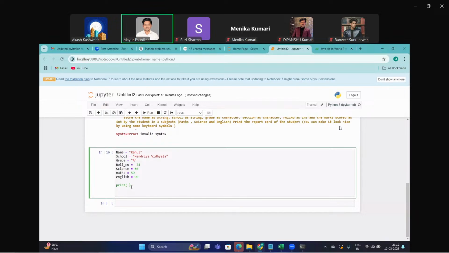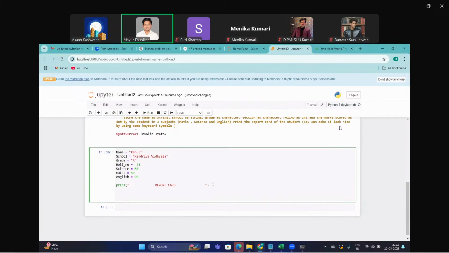I want to give it a header, so how can I do it? I will write the header name in the middle, the report card, and I will make it in capital letters, right? So it will be in the middle. And next what I can do, the print